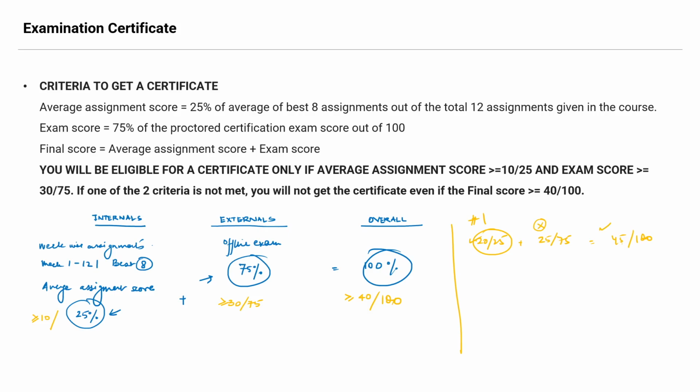Let's take the other scenario. You did not score well here, but you scored extremely well in the